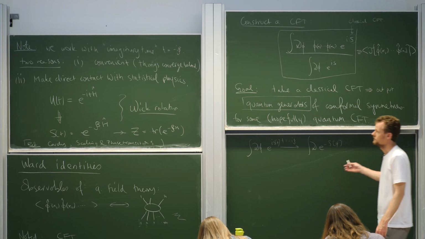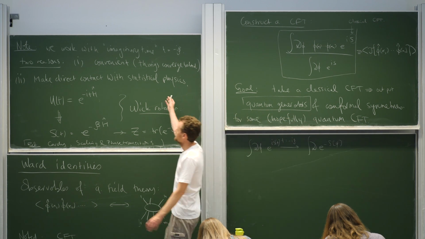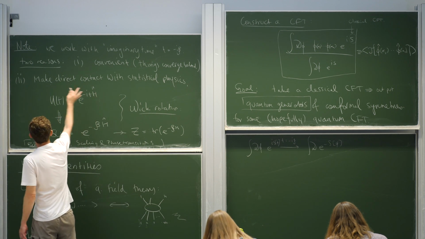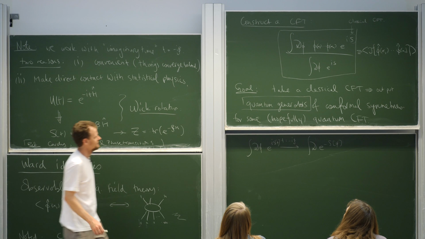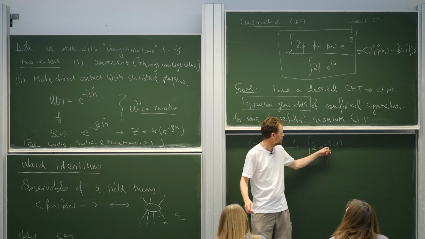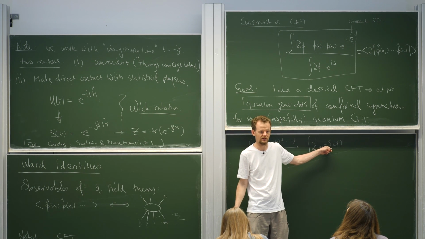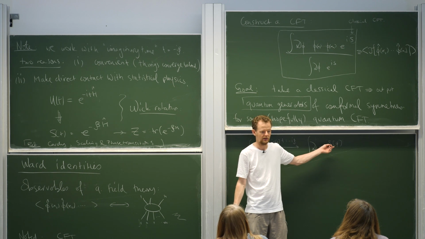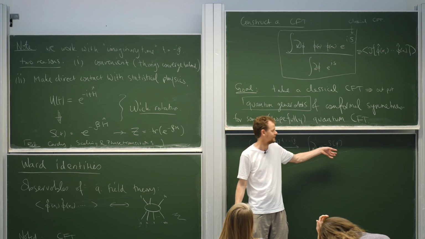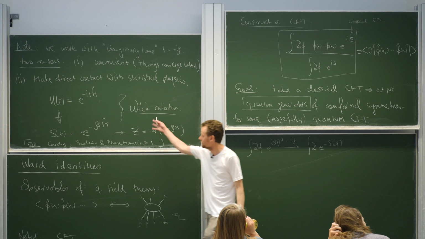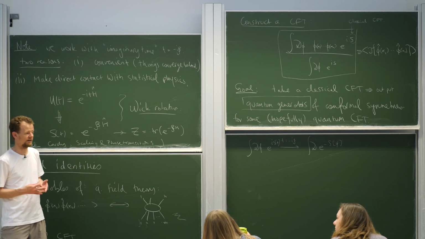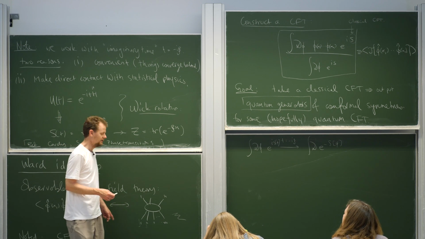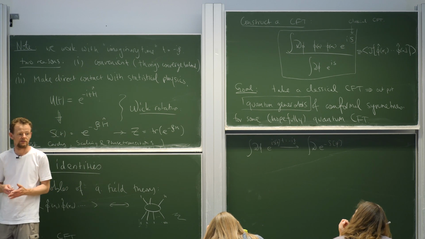There's a third reason, which is sort of about convenience. It's easy to actually numerically evaluate such path integrals. When you've got a minus sign here, you typically don't have a sign problem. You can sample them, and you can numerically evaluate correlation functions and see if they have the required scaling behavior of a conformal field theory. And from that, you can read out conformal data like the dimensions of these primary fields and other things. So these are very good